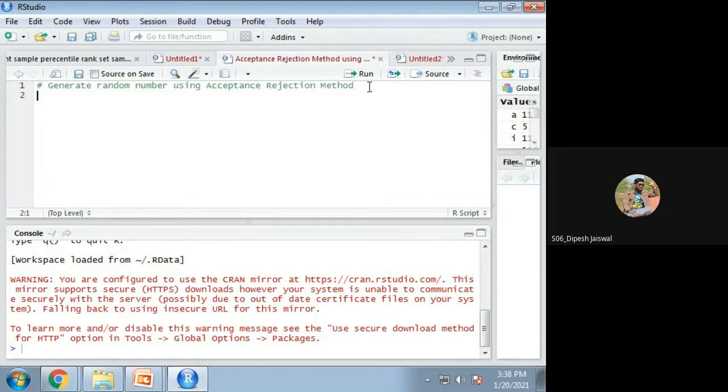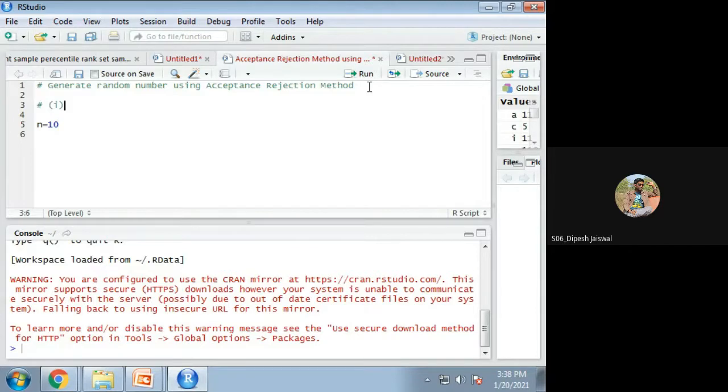Now, so how many random numbers you wish to generate? Let me generate 10 random numbers. Okay. So I wish to generate the 10 random numbers. Okay, that is later on. But what is the first?